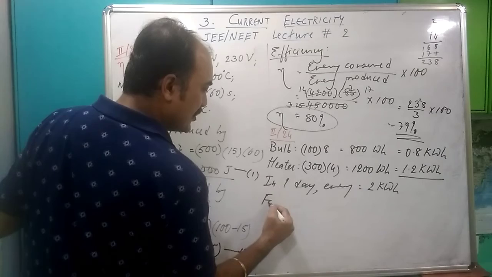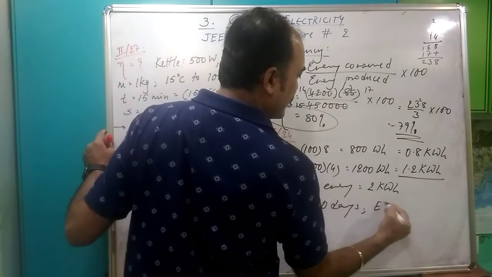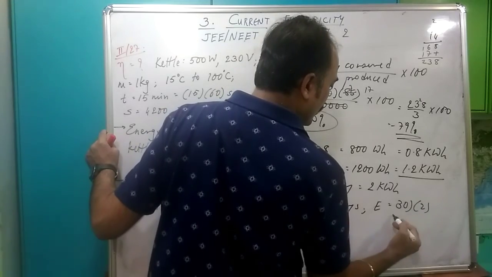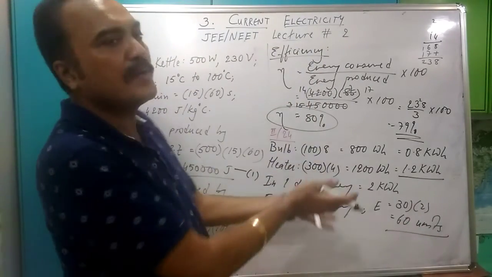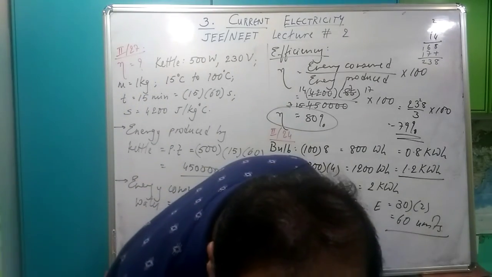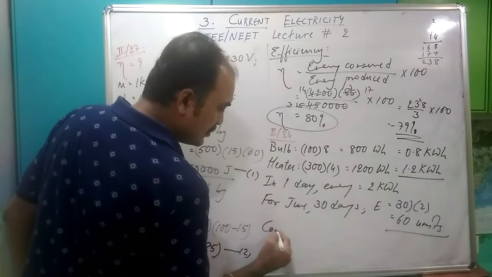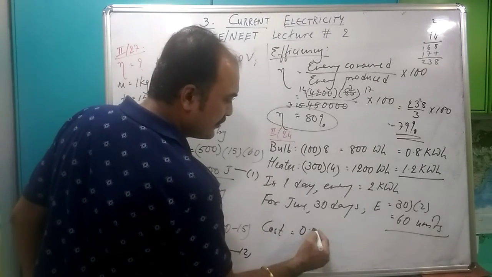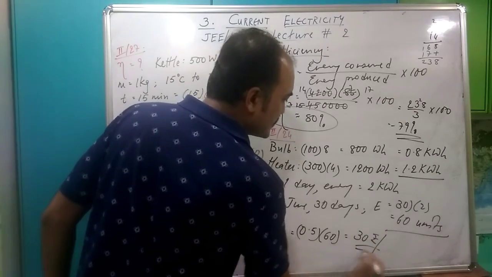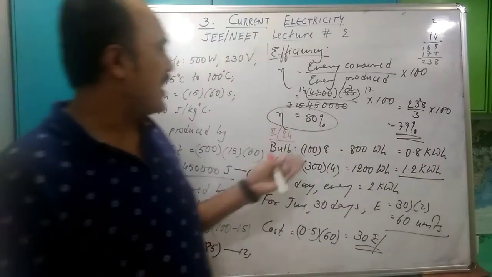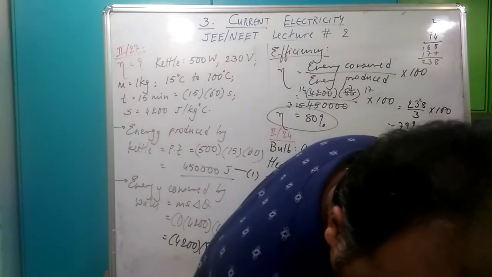And for June, अब जून में कितने हैं, 30 days, so total energy is 30 into 2, that is 60 kilowatt hour और 60 units। मैं हिंट ही नहीं दिया हूं, मैं पूरा ही सॉल्व कर दिया। उन्होंने कहा है कॉस्ट इज पॉइंट, उन्होंने गलती से 0.05 लिखा है पर इट इज 0.5, तो so cost is 0.5 per unit multiply by 60, so that is 30 rupees। 30 रुपये का बिल आता है लेडीज को, कोई दिक्कत नहीं है उसमें।